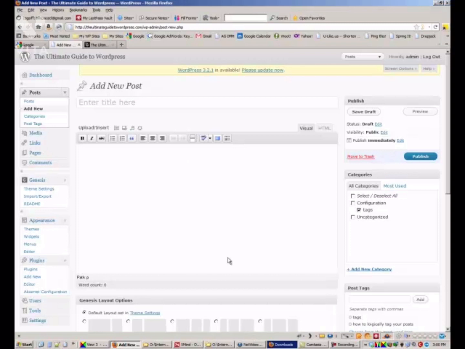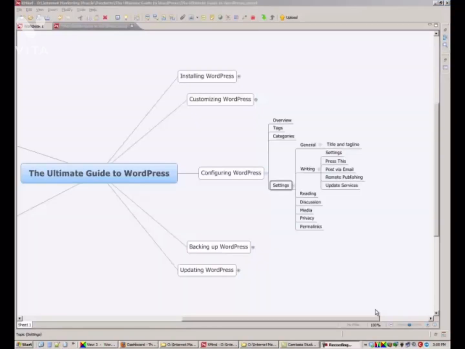All right, thanks. Okay, so the next step in configuring WordPress is actually to go to the settings in your